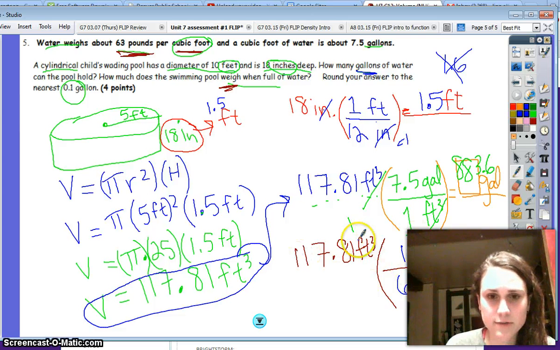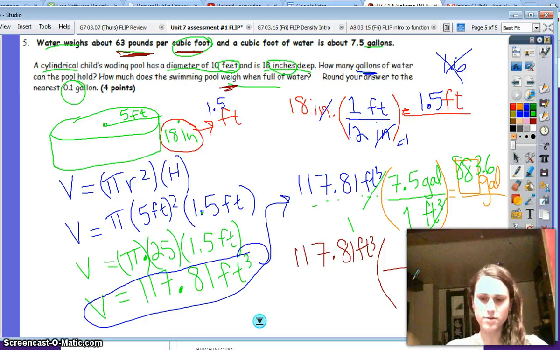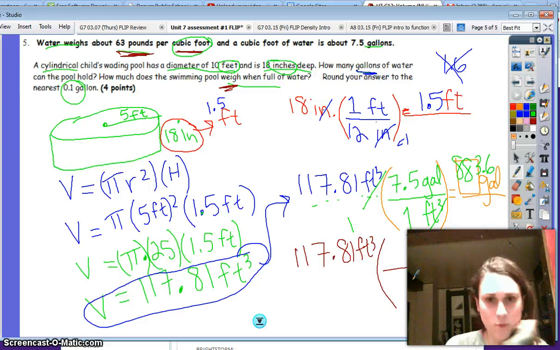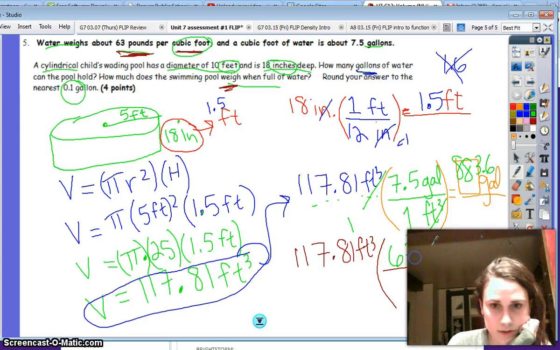When I multiply across for my fractions, I would get feet cubed times feet cubed. That would be like feet to the 6th, and I'd still have pounds here. No. I need to get rid of the feet cubed because the question is asking me to find a measurement in pounds. So let's put feet cubed in the denominator. In 1 cubic foot, a box measuring 1 by 1 by 1, how much does that box weigh when it's full of water? Well, 63 pounds is what they're telling me. I now have two fractions. When I multiply across, I get